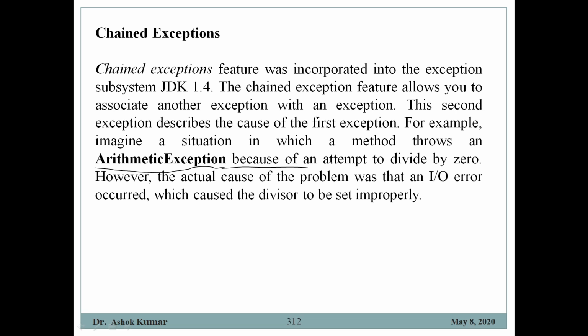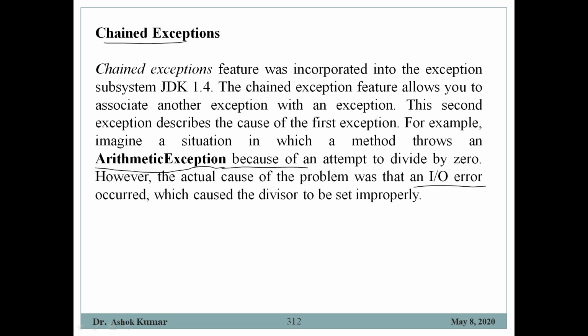So the reason behind the arithmetic exception is the input output error also. So chained exceptions are basically used when you want to attach the reason for the exception happening with the exception itself. This concept we are going to discuss with one problem.